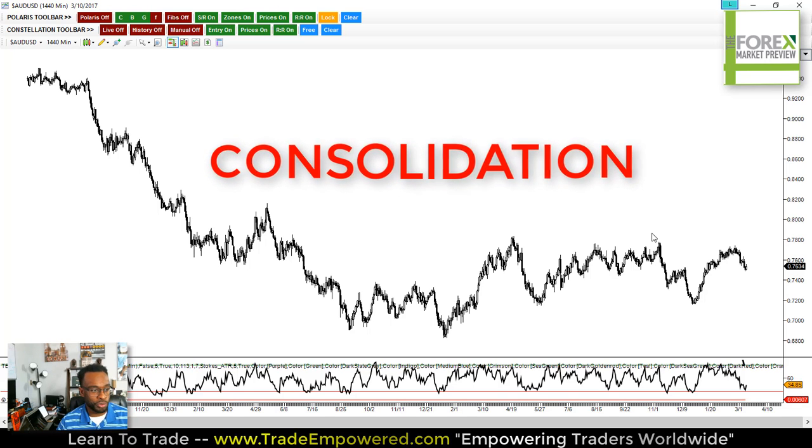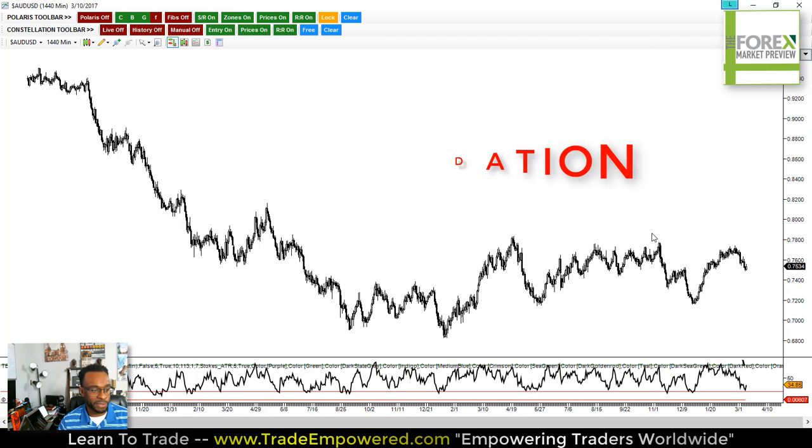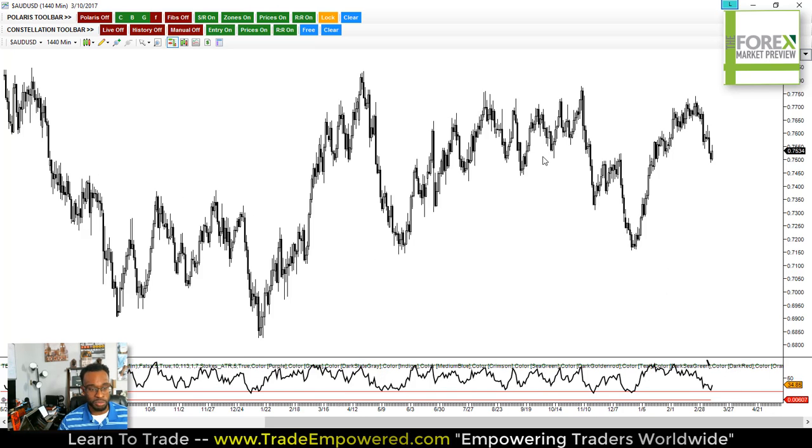If you are new to this channel or never had a chance to see any of our training, a real simple way to put this is, the market moves in three ways. The market moves up, it moves down, and it moves sideways. A simple way to view that is when the market is in a bullish trend, you'll see it move from the bottom left to the top right of your screen. When the market is in a bearish trend, as in previously, you'll see the price action move from your top left to the bottom right of your screen. When we're in consolidation, the market moves sideways.